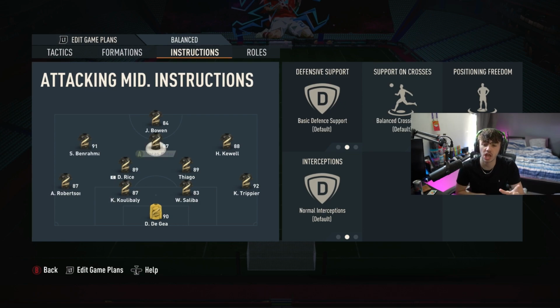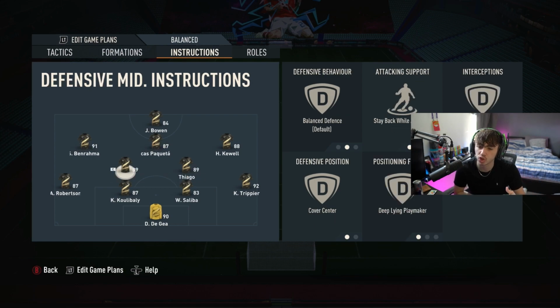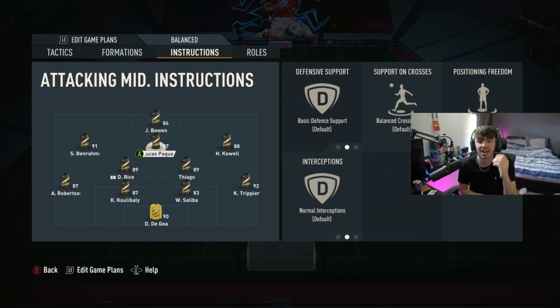But I'll show you how you set up your centre attacking midfielder as well. Having those left and right attacking mids come back really solidifies how the whole team defends, and just makes it so nice. But then because you've got them on get into the box for crosses, when you do win that ball back, say for example Rice picks the ball up or Thiago, you're going to have both Ben Rama and Harry Kewell just bombing on forwards. They're going to be sprinting forwards, getting into the box as much as they can,